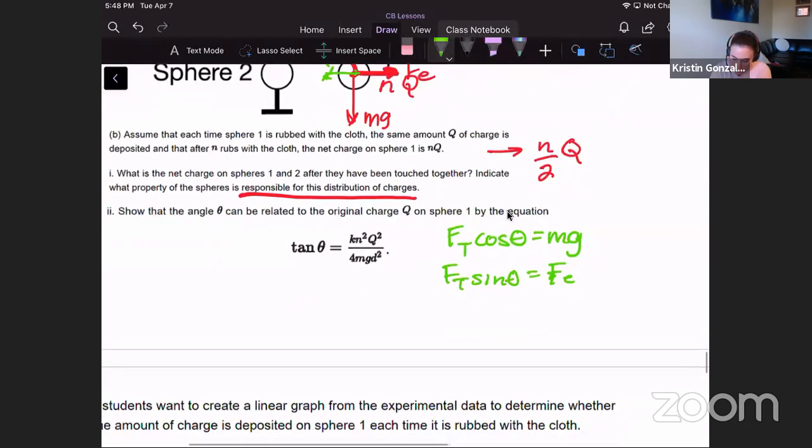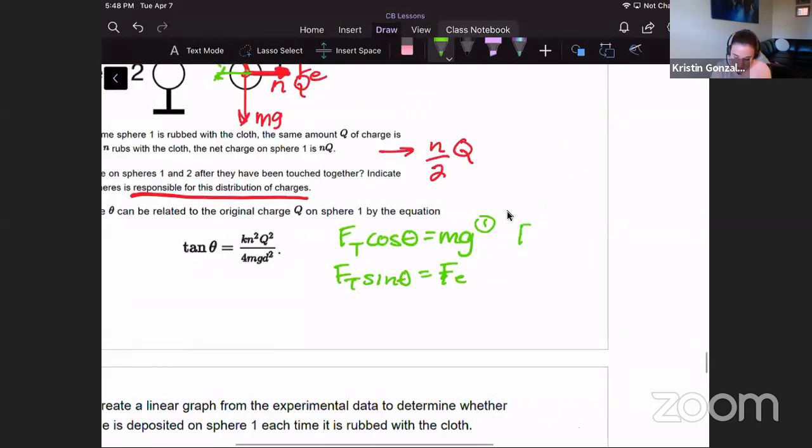Okay, well, I don't like tension in there, so I've got to get rid of tension. If I rearrange equation 1 for tension, then Ft equals mg over cosine of theta. And so then mg over cosine of theta times sine of theta, well, sine over cosine is tangent. So this leaves me with mg tan theta